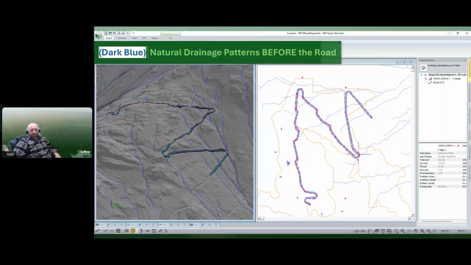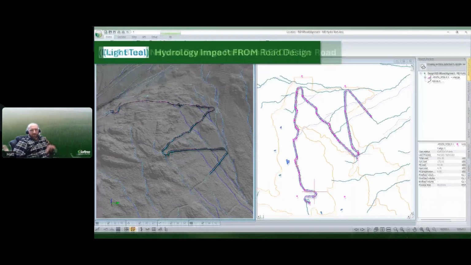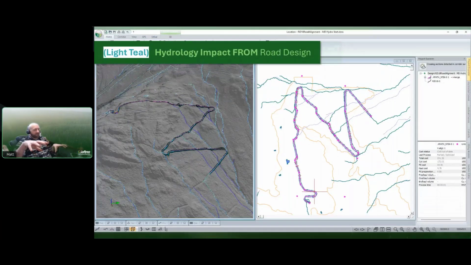So on that right view, the blue lines are the streams. We can run the hydrology on the surface without our culverts being added yet. We could see what would happen if we didn't put our pipes in, where the water is going to be redirected, and where we're going to starve flow from those streams otherwise.